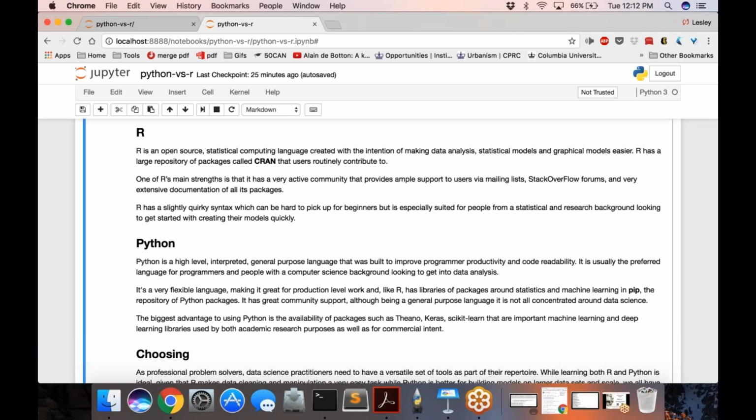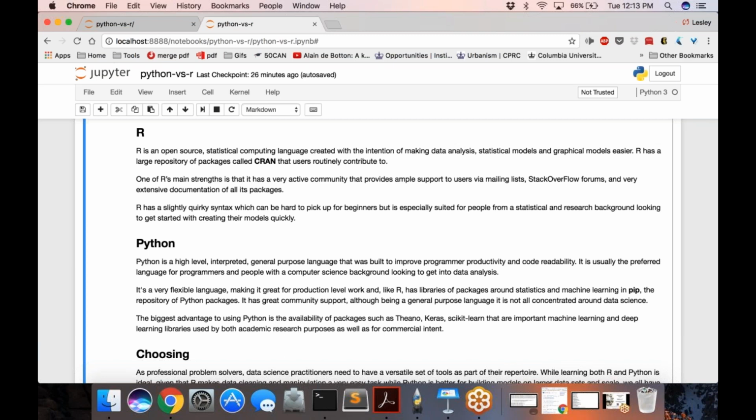So moving on, right? Another thing to know about these two languages is that each of them has its own package management system. So R's is called CRAN, and Python's is called pip. In Python, there's also Anaconda, but generally, right, we use pip more often. So these are the large repositories that I mentioned that people contribute to. So they're all pretty much open source. And obviously, again, R's are pretty much all focused on data science and statistics, versus Python has libraries that aren't much related to data science.